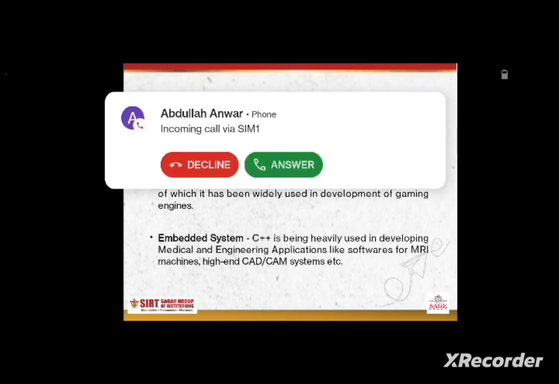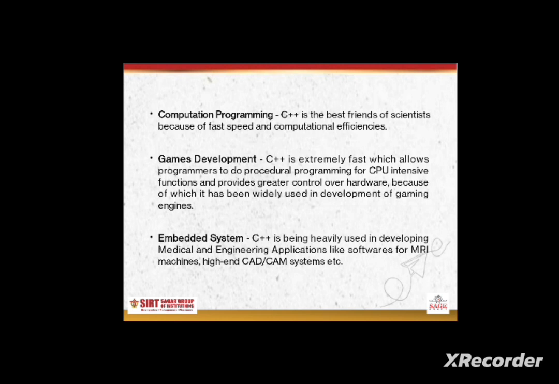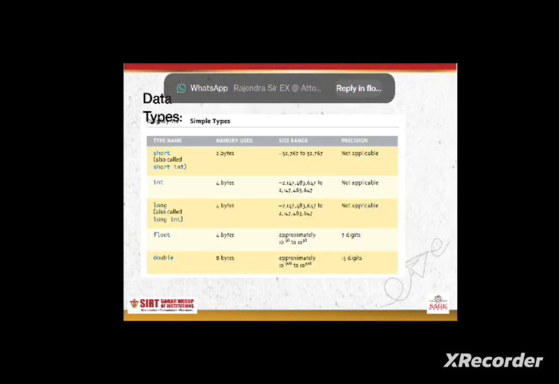Now the embedded system: C++ is being heavily used in developing medical and engineering applications like software for MRI machines and CAD systems.